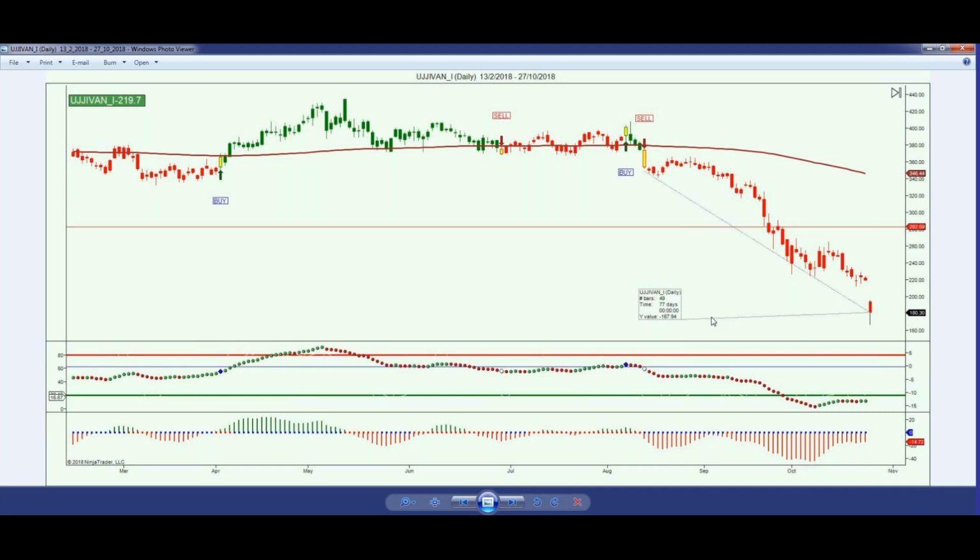340, 34.90 was our entry. Now it is at 35.75. That is in profit. That is in green. Other than that, everything is in red. And there are some calls which have not triggered. That will trigger whenever the entry price reaches that point. So this is what I just wanted to show.